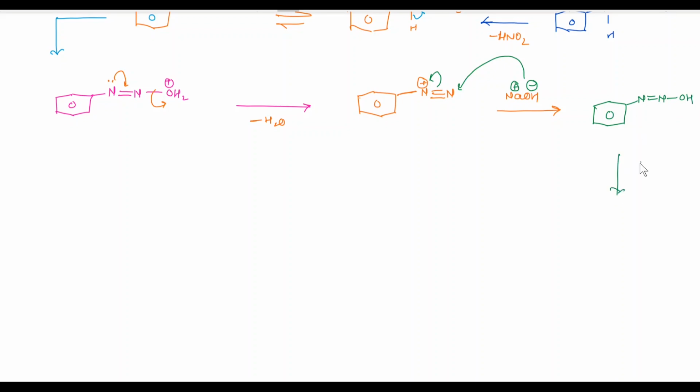In the next step, in the presence of light, this bond is cleaved, a new radical forms, with loss of N2 and OH radical formation. That is, we get OH radical plus N2 gas plus